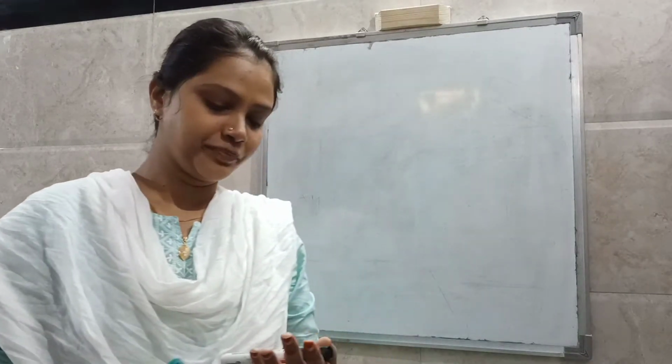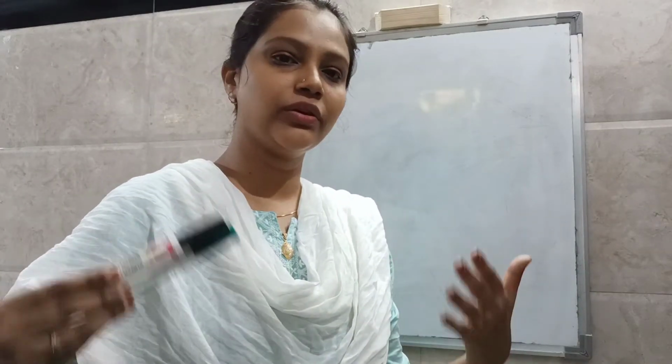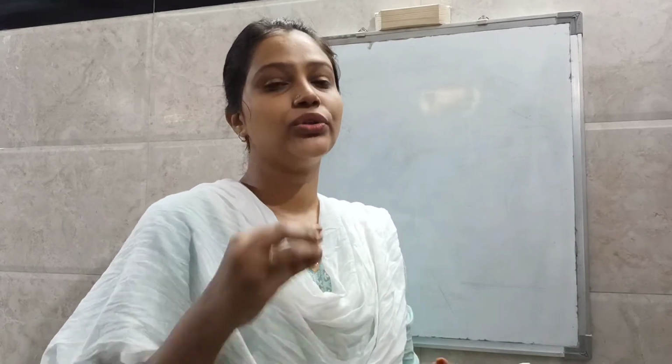So hello everyone. Today we will learn oxidation of alcohol. Oxidation of alcohol can be classified on the basis of different reagents, because alcohol can be oxidized by different reagents. But in today's lecture we will do oxidation of alcohol by using chromium based reagents. There are different chromium based reagents like PCC, PDC, Collins reagent and Jones reagent. So in today's lecture we will learn the oxidation of alcohol by using chromium based reagents.